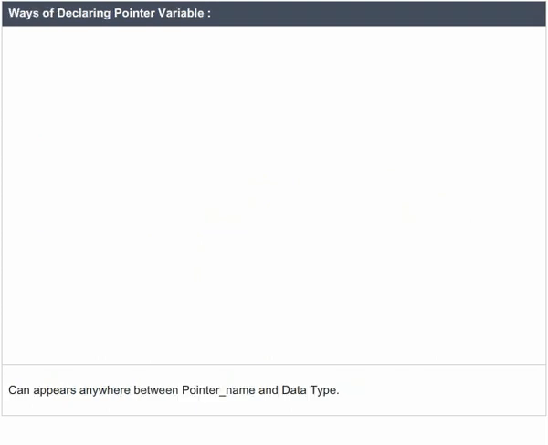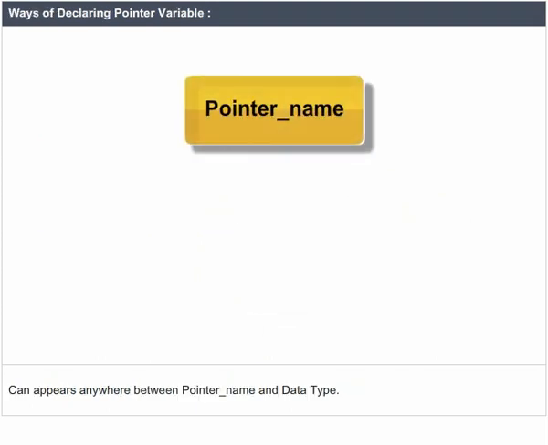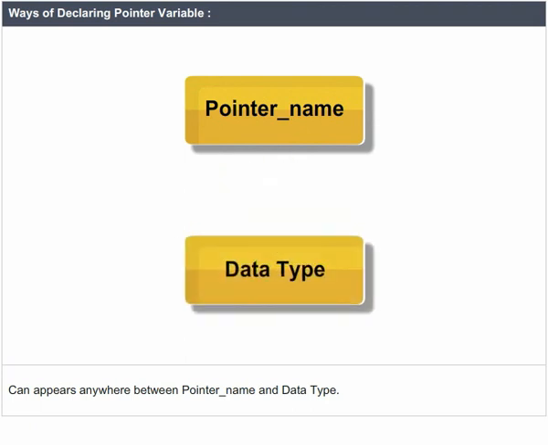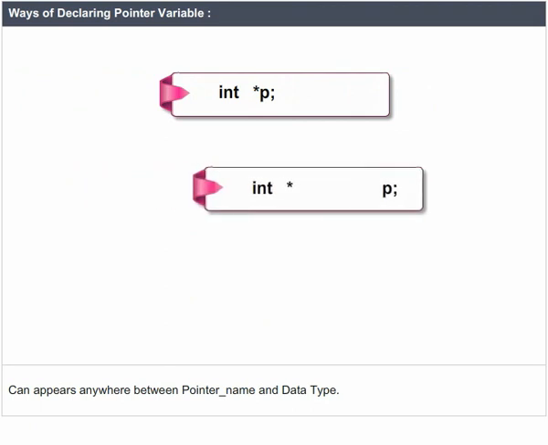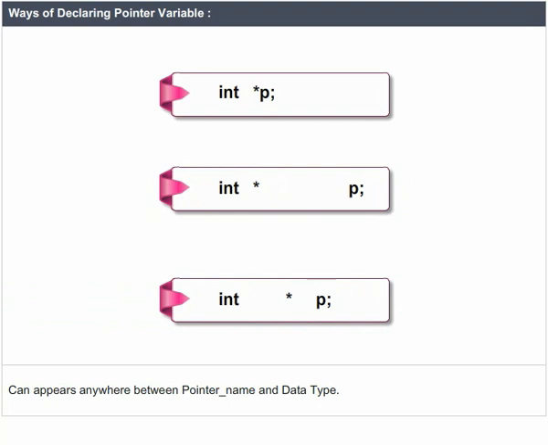Ways of declaring a pointer variable. The asterisk can appear anywhere between the pointer name and the data type. int *p; int * p; int* p;